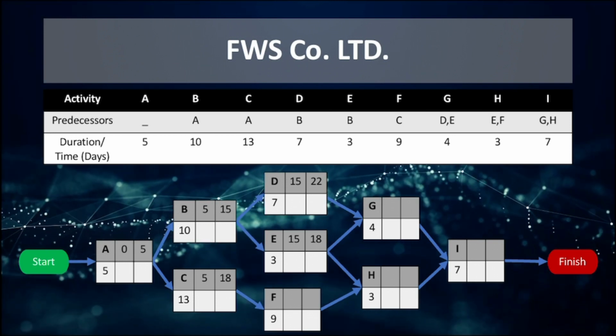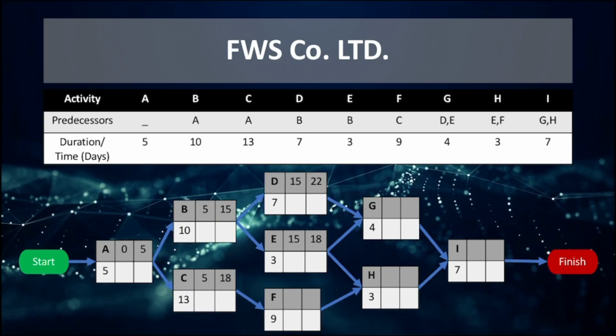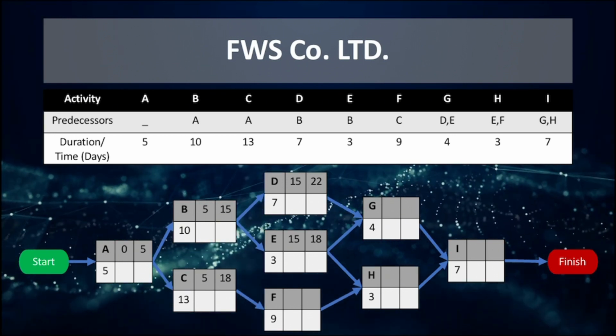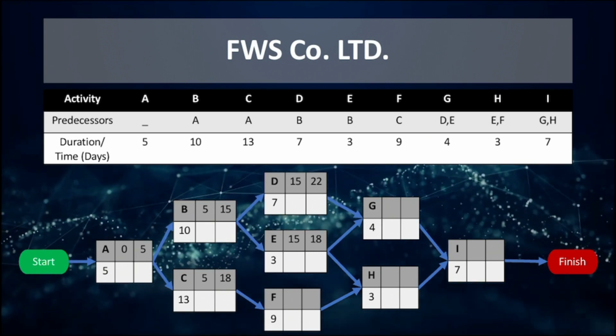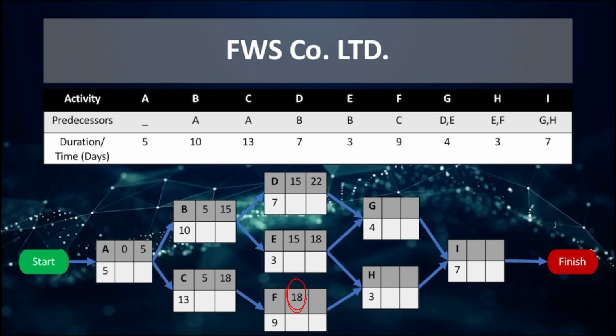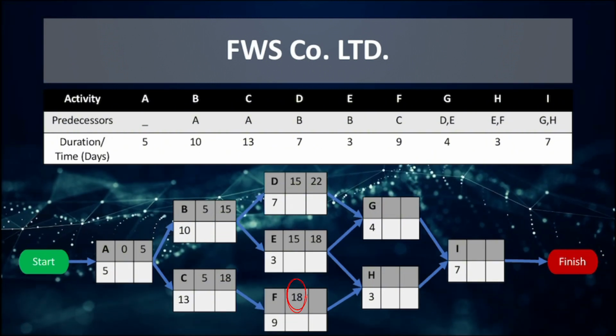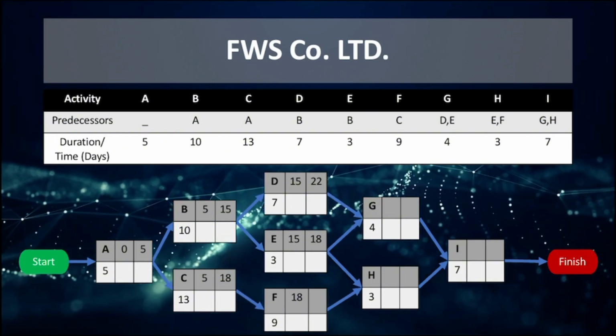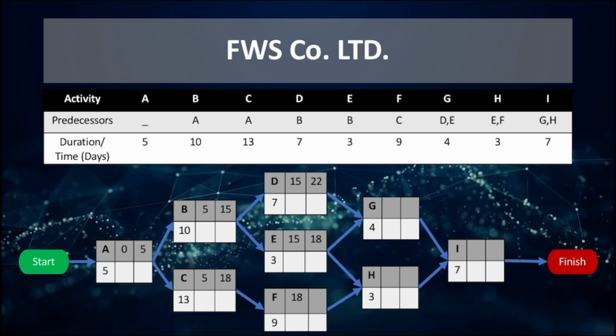F needs C to complete before it can start. Since the earliest finish time of C is 18, the earliest time that F can start would be 18. With an activity time of 9 weeks, F will have an earliest finish time of 9 plus 18 is equal to